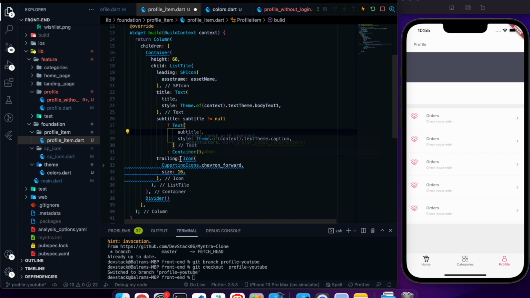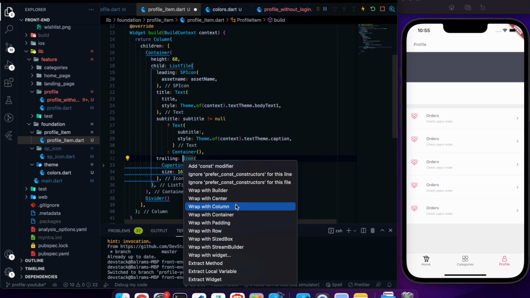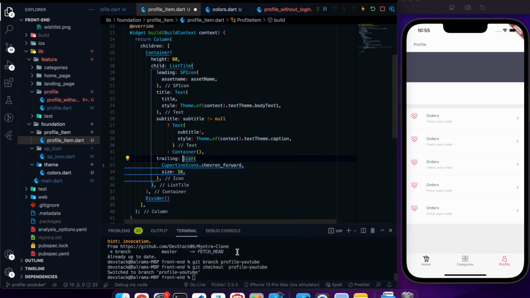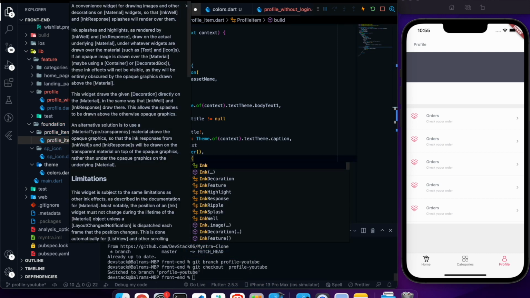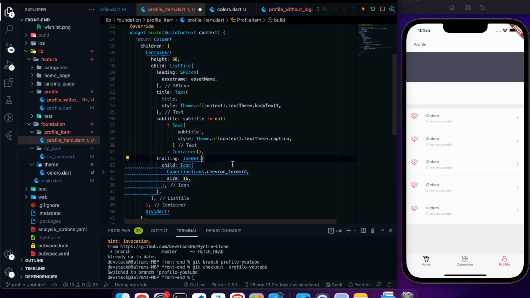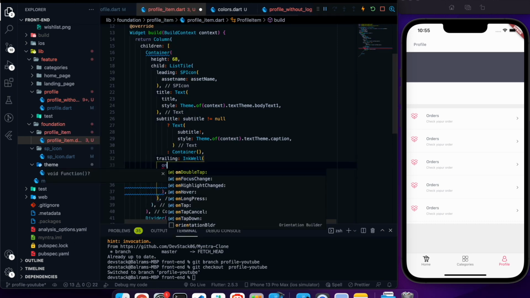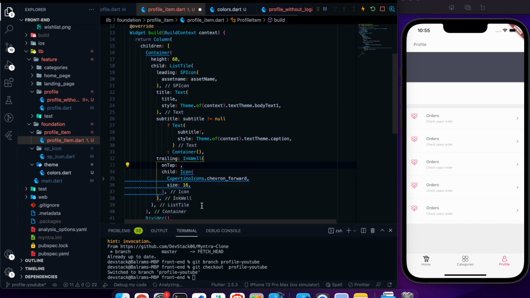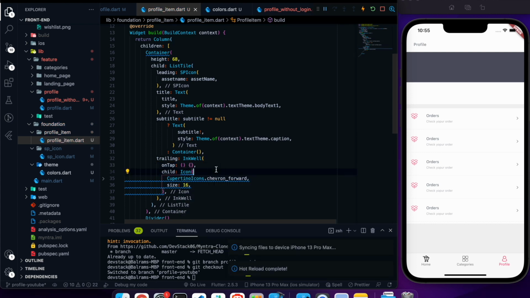Okay, and this icon is going to be an icon button, but I don't want it to apply the padding provided by the icon button. So that's why I will wrap this widget with the InkWell. Most of the people say, why do you always use the InkWell? Why don't you use the icon button or button provided by the material UI?